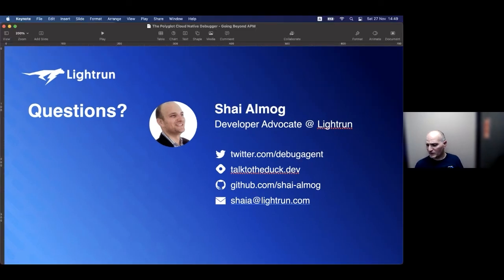So what are the use cases of Lightrun with application insights? And how can we bring this as an input into our CI? Okay, great question. About the CI, CI is one of the use cases I didn't discuss, but it's actually one of the more interesting use cases. Because when a CI